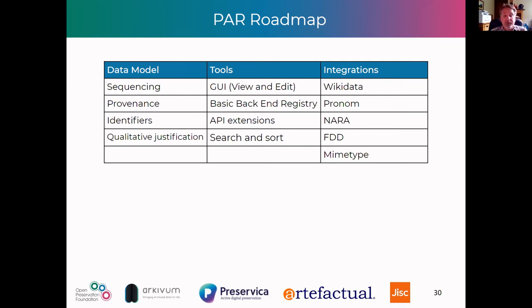On the tools front, I've shown you a very basic GUI for viewing, and I think extending and finishing that off is one thing, but how about turning that into an editor as well, so that you could edit and maintain a registry via that GUI? Now, that would be a pretty useful and consistent way of managing all the content of all three systems via the same GUI. But more importantly, if you had a back-end registry, because the GUI sits on top of an API that sits on top of either the registries from